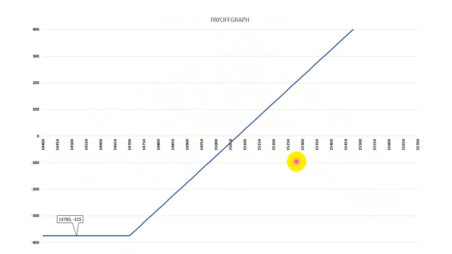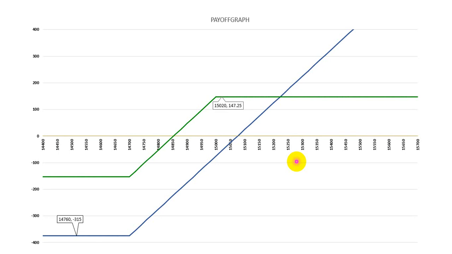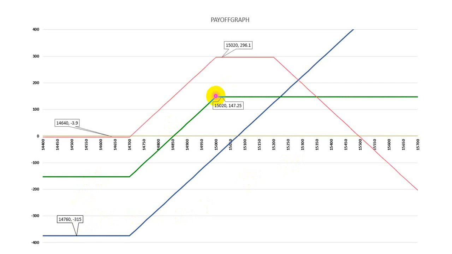First, where we started, 315 is my loss. Then what I did, I sold one spread. What happened, I reduced my loss from 315 to 150. First adjustment I made. Next what I did, I sold again. Still I want to reduce. Yes, I am happy. From 300 rupees I came to 3 rupees. Okay. Now